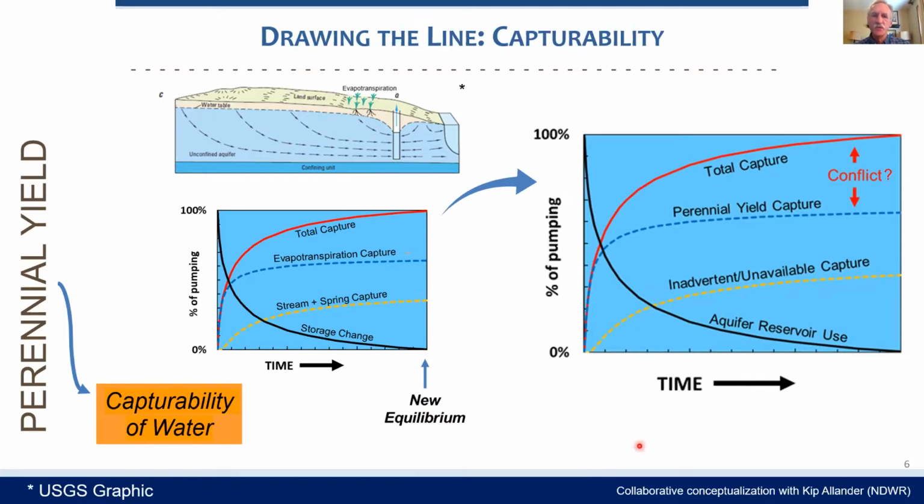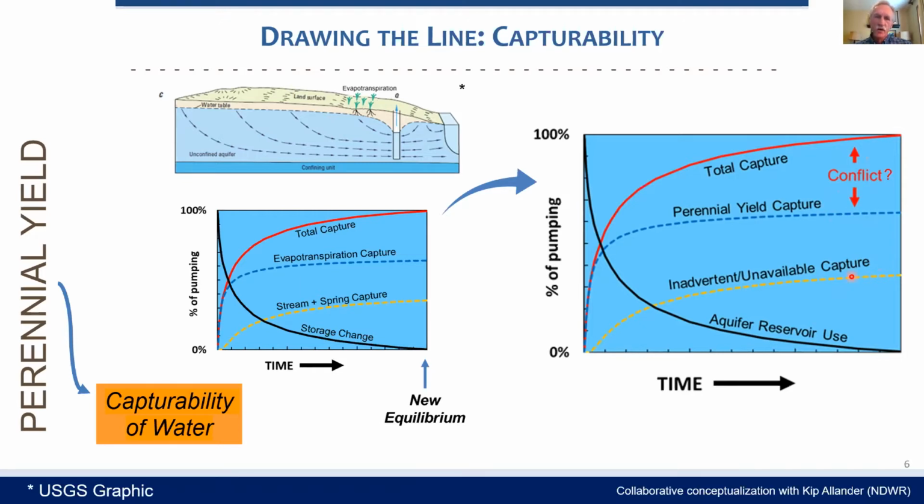So this plot illustrates where there can be portions of captured water like ET that are commonly used to estimate the perennial yield, and other portions of water like previously appropriated springs or streams that are not or should not be considered part of the natural discharge included in the perennial yield. So in this example, that part of the total capture that comes from springs and streams, in other words, this part, which is added to the total, it really represents this amount of total capture above the perennial yield amount, which might be the ET capture, would represent conflict.